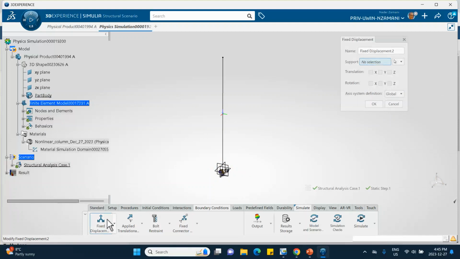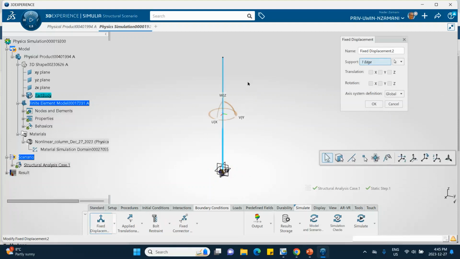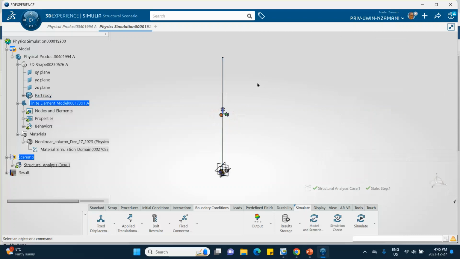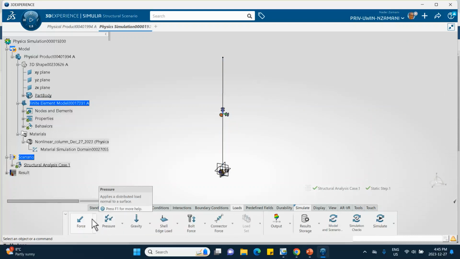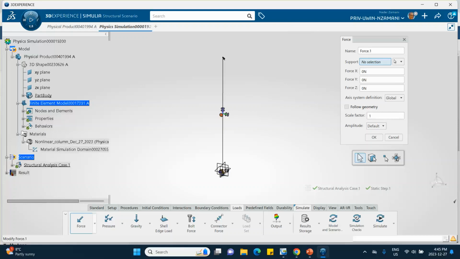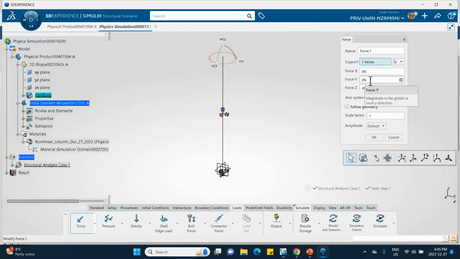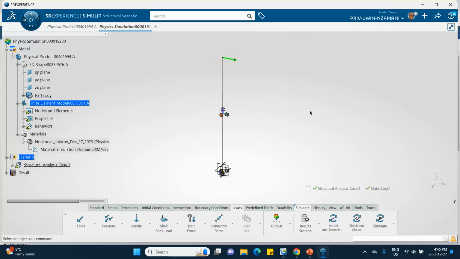And then fixed displacement on that entire edge. This is to avoid moving in the X direction, so that essentially becomes a beam, two-dimensional beam problem, and rotation Y and Z are fixed. Okay, that turns it into a one-dimensional problem. And now we're going to apply a load. The load is a force. At that point in the direction Y, we decided to use 100 Newton for the lateral load. So we say okay, and let me go ahead and